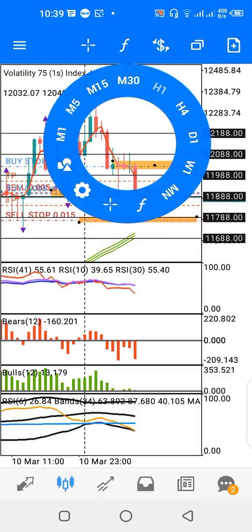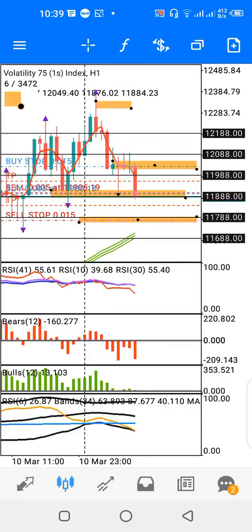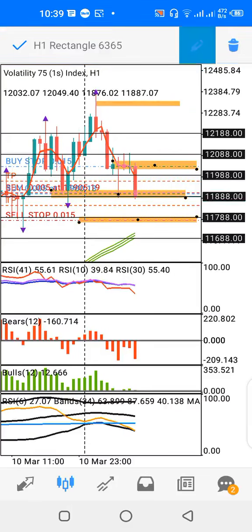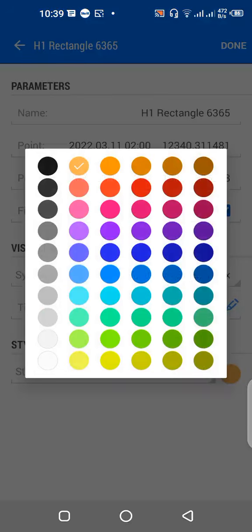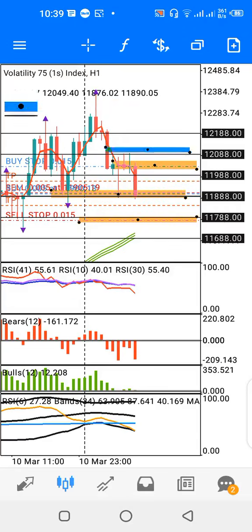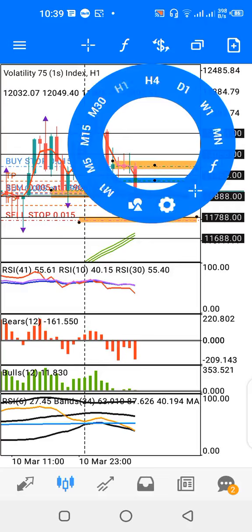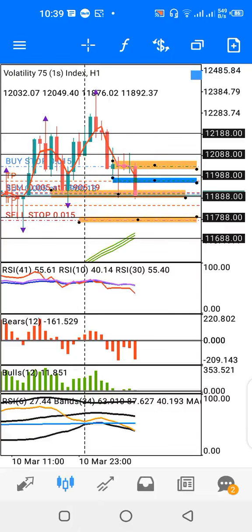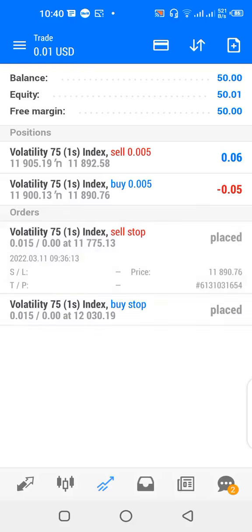Now what happens is, let me change the color for this to another color. Okay, let me put it as blue. I have the take profit for my buy trade to be here, then I have the take profit for my sell trade to be here. So it's either this take profit gets triggered first or this gets triggered first. Whichever gets triggered first, I'm going to delete one of the pending orders and then start the Grail Hedge